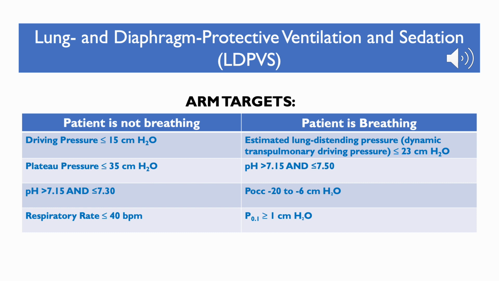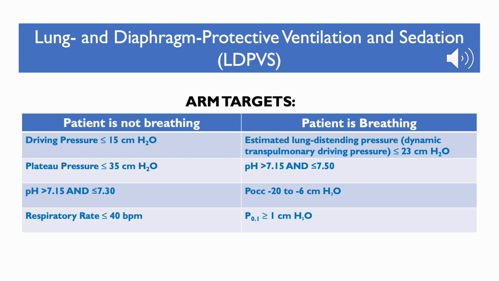Let's review the targets for ventilation in this arm. The overall goal of this strategy is to achieve safe, spontaneous breathing as early as possible. Safe, spontaneous breathing means that the patient is actively breathing with a moderate level of respiratory effort and safe lung